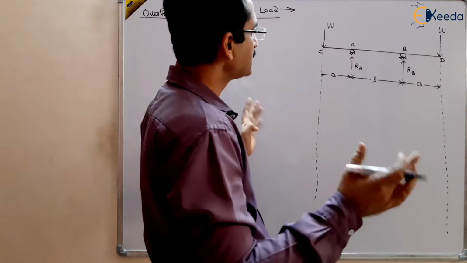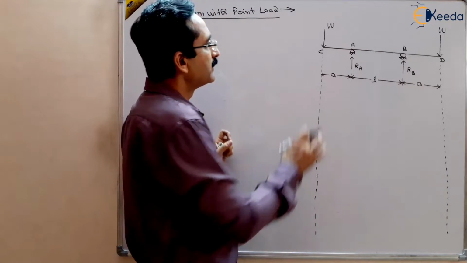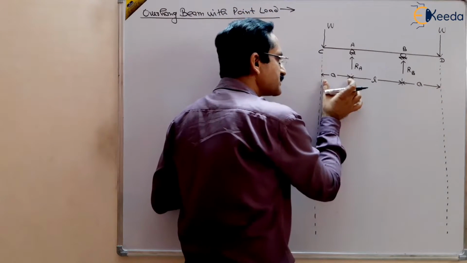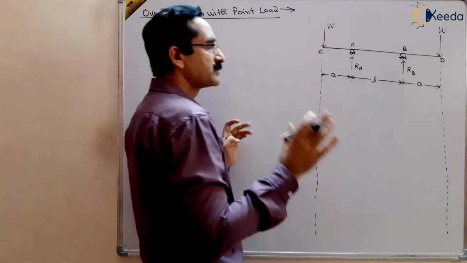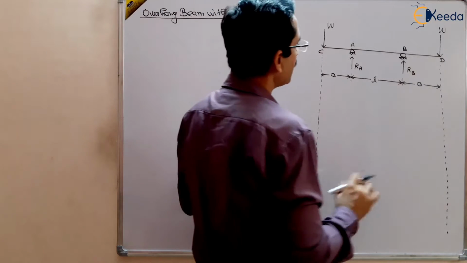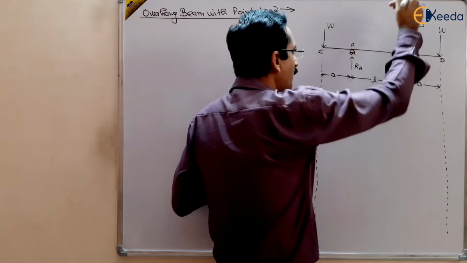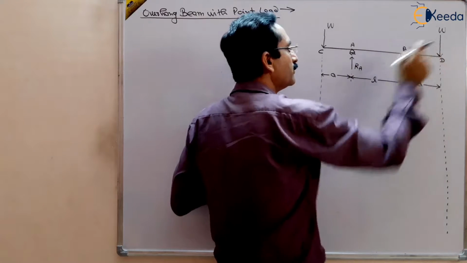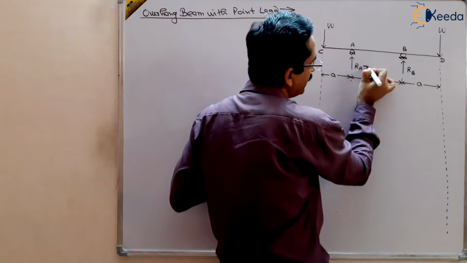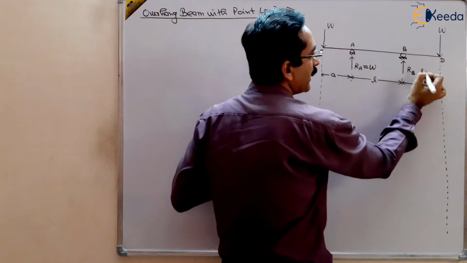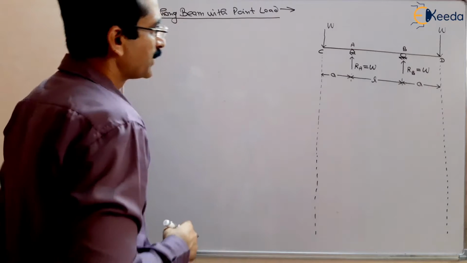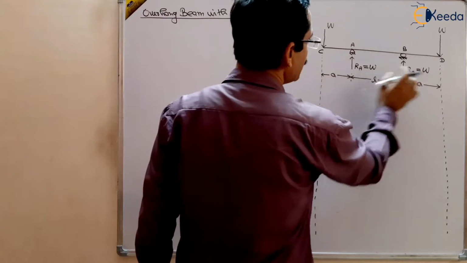But you can see here there is symmetry. There is a symmetry that W load is here, W load is here at a distance A. It means there is very nice uniformity being maintained here. So it will be definite that the half load out of total downward load 2W will be shared by A and half load should be shared by B. So I am directly writing that RA will come out to be W and RB can come out to be W. Although you can find it out in another way also. But by symmetry we can say that RA is W and RB is W.